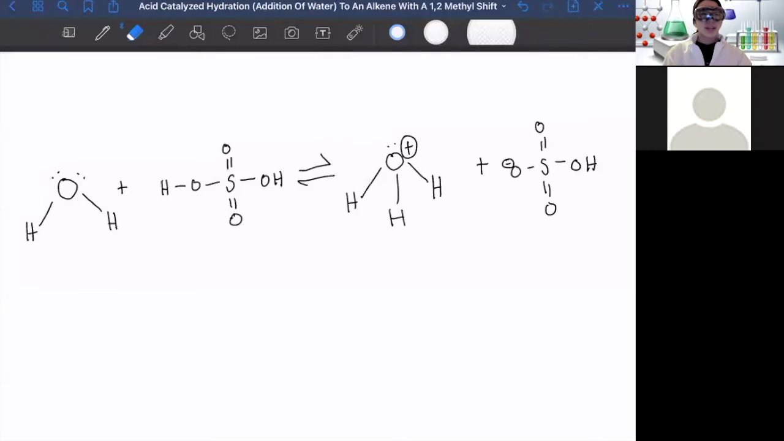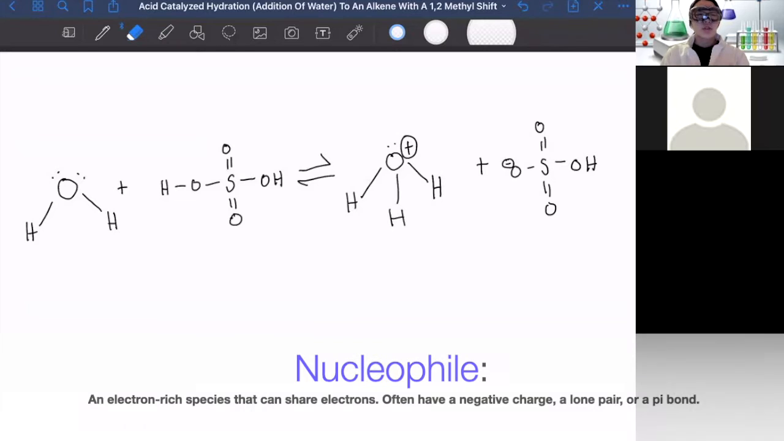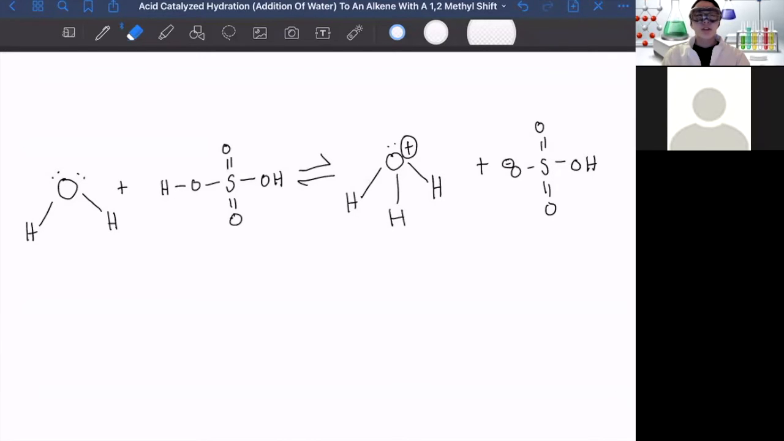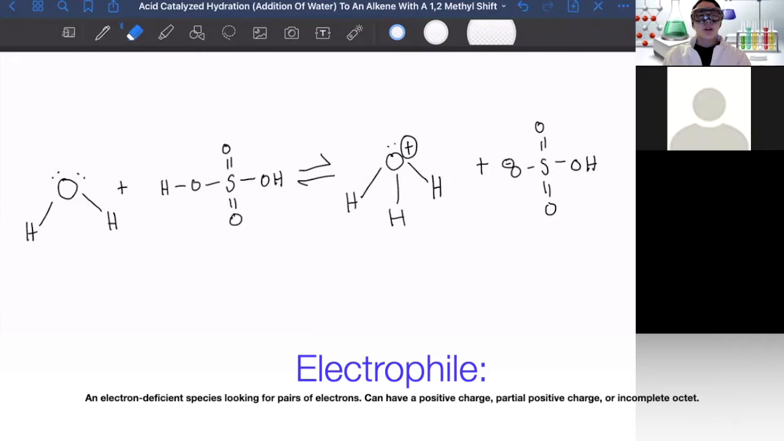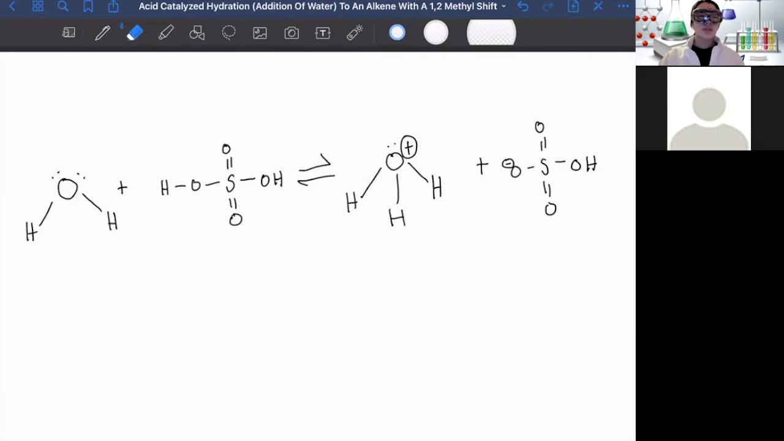Before I begin explaining the mechanism of this reaction, it's important to define a few key terms. The first term that needs to be defined is a nucleophile, which is an electron-rich species that has a pair of electrons it can share. On the other hand, electrophiles are electron-deficient species, and they look for a pair of electrons. Because nucleophiles want to share electrons and electrophiles want to have electrons, this causes nucleophiles and electrophiles to always react